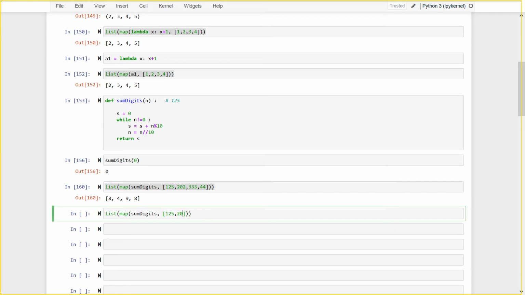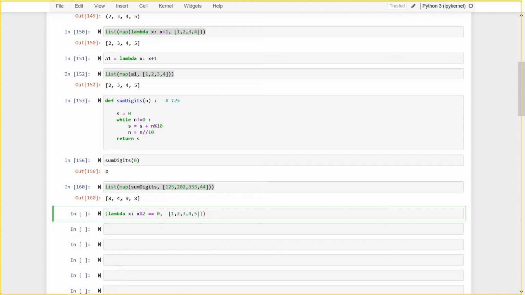Suppose I have 1, 2, 3, 4, 5, and I write a lambda function: lambda x colon x modulus 2 is equal to 0.